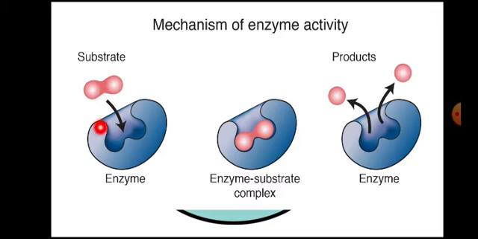Say for example, this is the enzyme which is specific for this substrate. So it binds to that particular active site. After that, there is a transition state. Transition state is characterized by the formation of the enzyme substrate complex, and followed by that this substrate is converted to